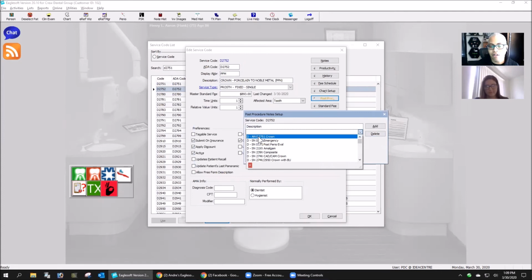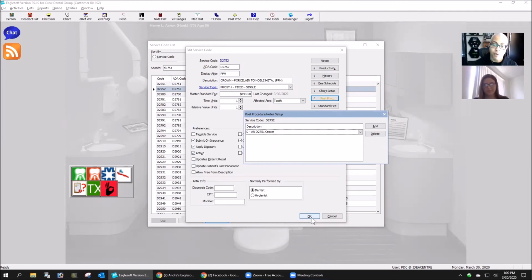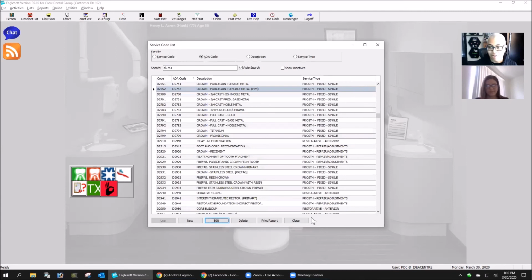I actually have a procedure note set up for that actual procedure. So what happens is when I post this procedure to the patient's ledger, the progress notes are automatically added to the progress notes. So there's nothing that anybody has to do. Now, the only problem with that is things change. Procedural notes change, shades change, anesthesia changes. So I'm not a huge fan of that, and I never really use it, but I show people that that